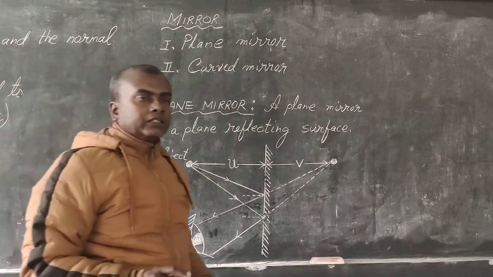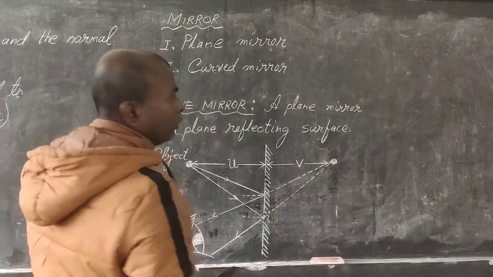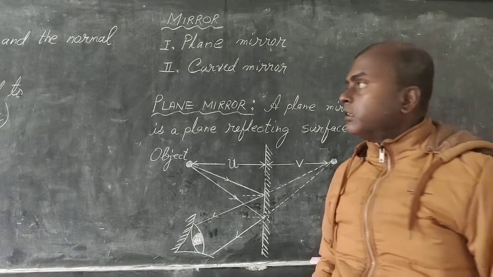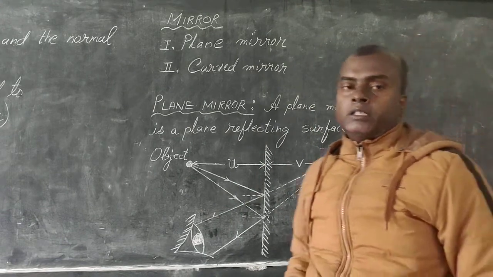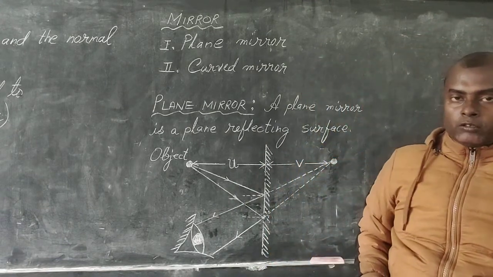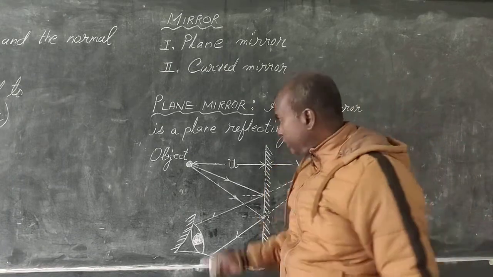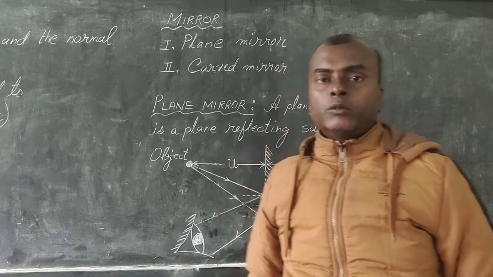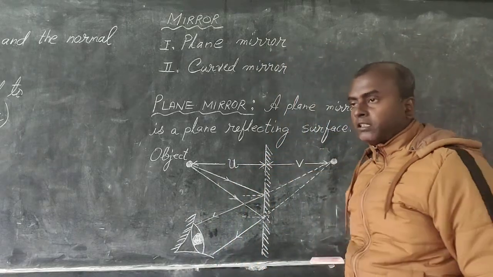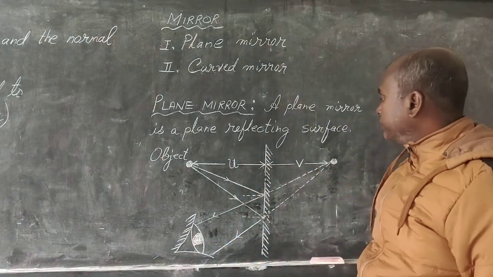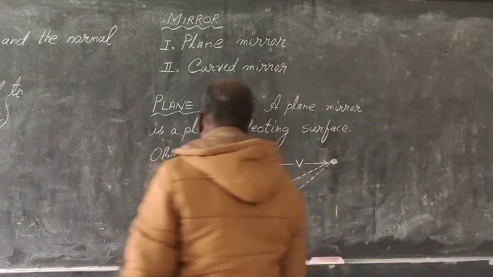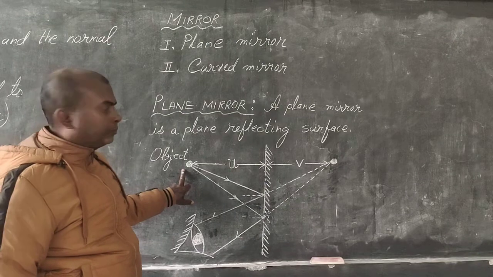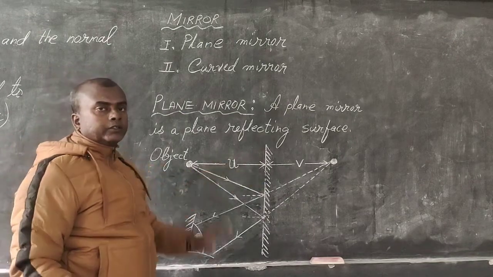Keep in mind that we have considered the two laws of reflection that we have just studied. What are those two laws? The incident ray, reflected ray, and the normal lie on the same plane. And the second one, which is actually applicable here, the angle of incidence is equal to the angle of reflection. That is going to be applied here. Alright, let us start. This is our object, a point-size object, kept in front of the mirror.